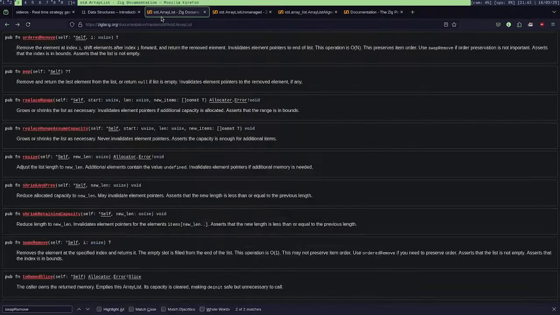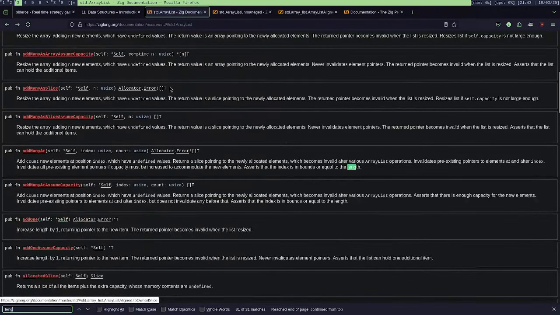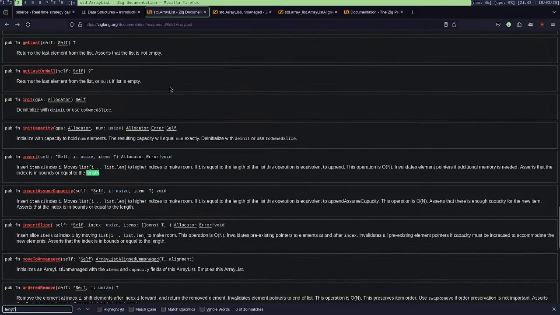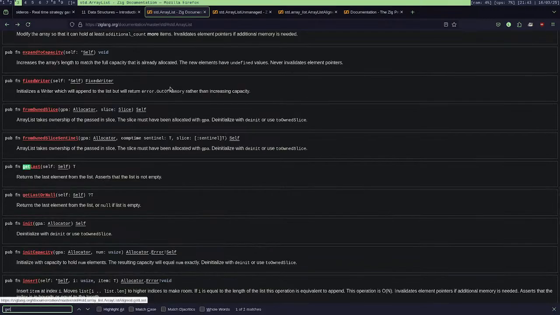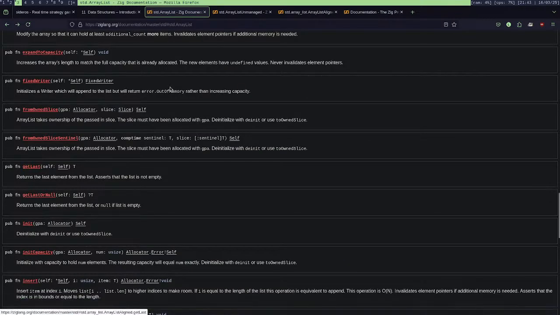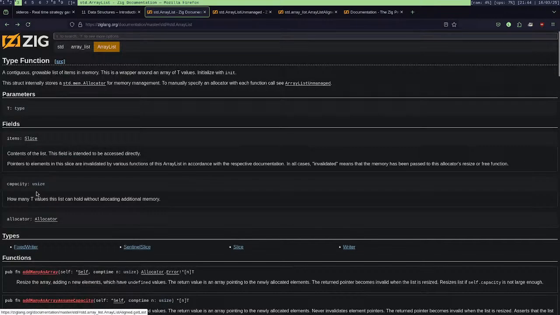Do I get length? So how do I get this? No, I want to have an index, but no, I need to know how many elements are in the list.